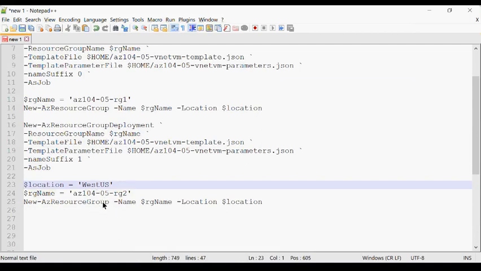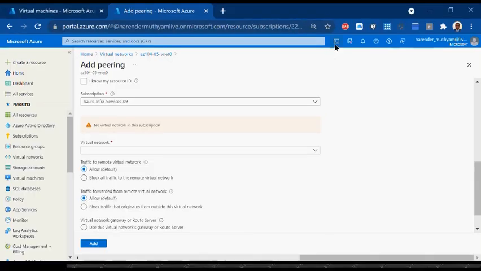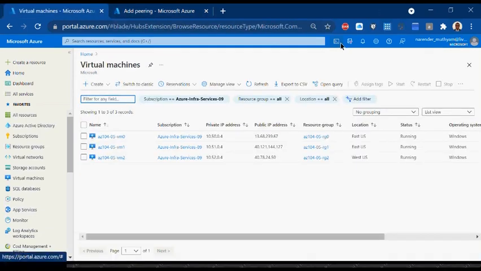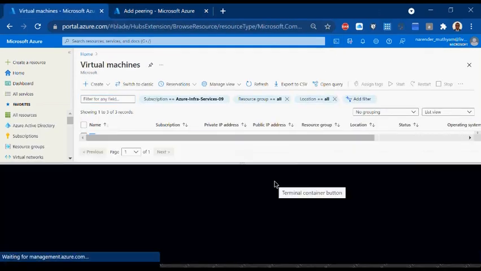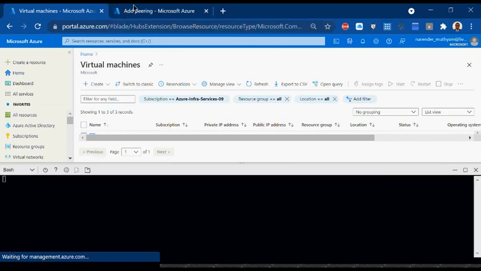And after this, did I kick off that third also, or didn't I do that? Wait a minute, let me see that. So not this one.